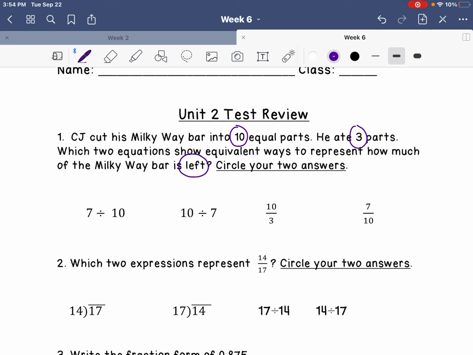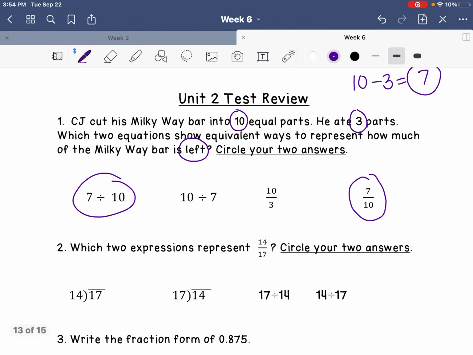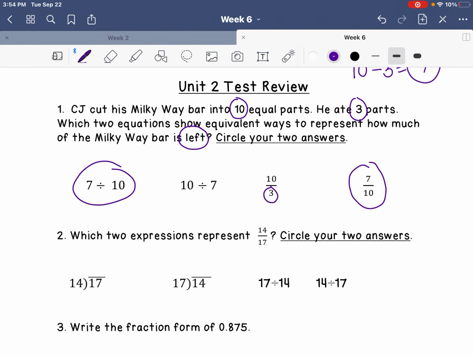Well, the first thing we have to realize is there were 10 pieces. He ate 3, so that means there are 7 pieces left. So he has 7 out of 10 pieces left. It could be represented by 7 divided by 10 or by the fraction 7 out of 10. The other 2 would be backwards, and of course this one has 3, which is how many he ate, not